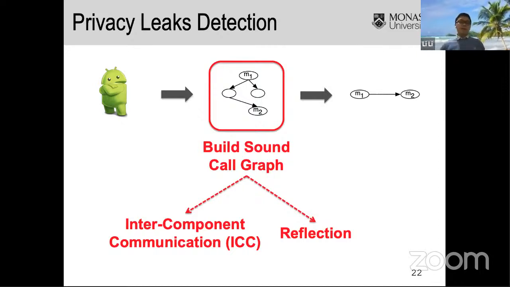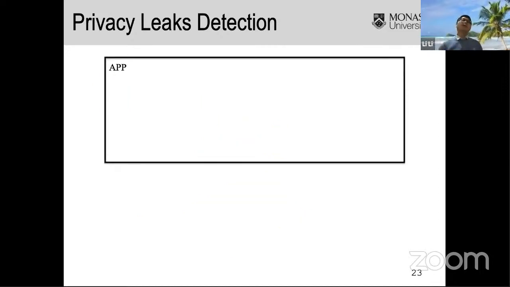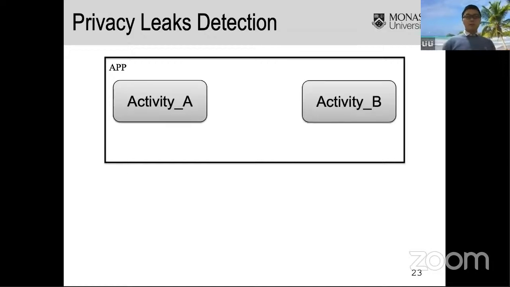Inter-component communication is the basic communication mechanism introduced by Android. Let's use a very simple example to illustrate it. Let's assume that the rectangle here is an Android app, and this app is made up of two components, specifically activity A and activity B, right?